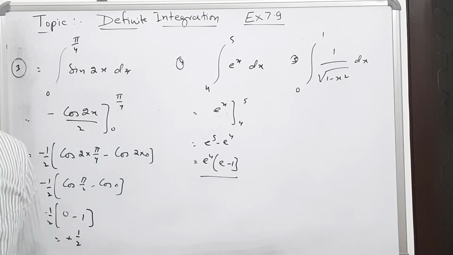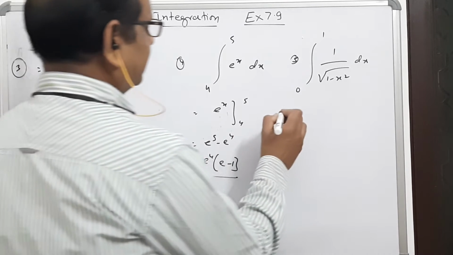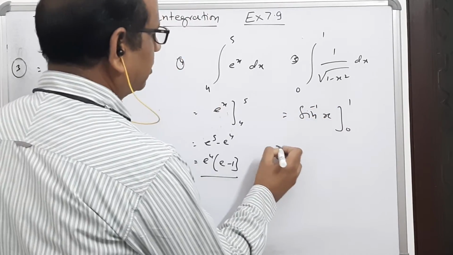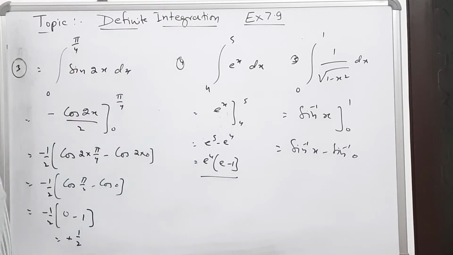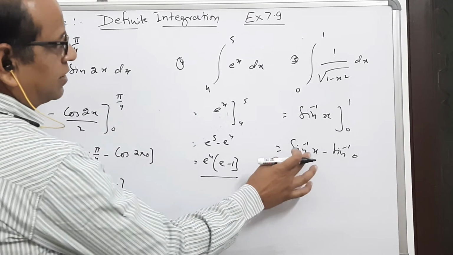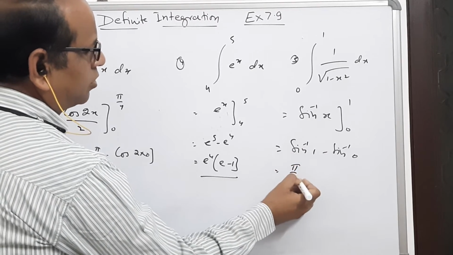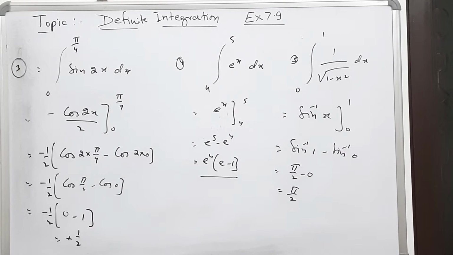You see the integration of this is 1 upon root 1 minus x square. The integration of this part is sine inverse x, and it is 0 to 1. So the answer is sine inverse 1 minus sine inverse 0. And I hope it is clear to you. So sine inverse 1 is pi by 2 minus 0. So the answer is pi by 2. So in this way we can proceed. As I told you, only one step extra here from the part which we have studied in the...